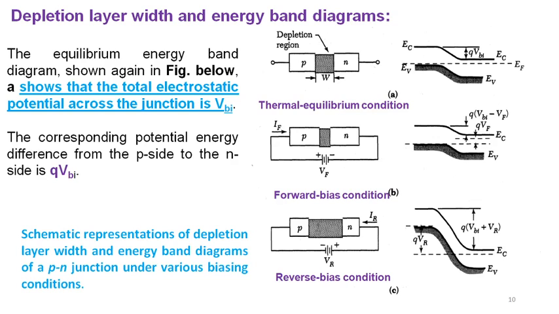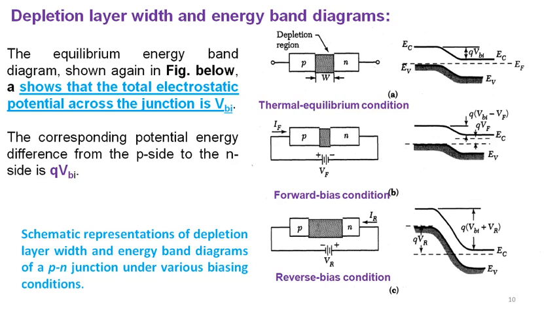side and negative voltage to the N side, if you compare with the first figure, in the second figure the depletion layer width goes on decreasing, so that whatever we write here, q(Vbi minus VF), means we have to subtract the forward bias voltage, and I will show the details about that in the next slide.